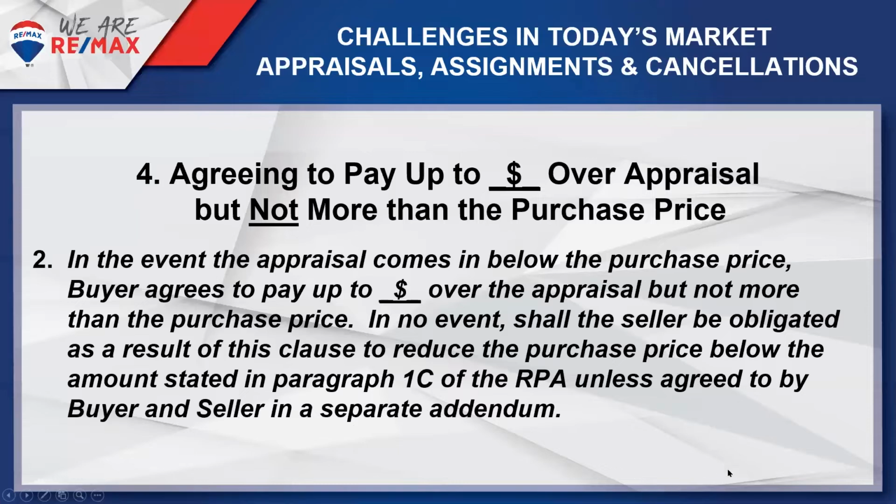All right. Now, the seller can always reduce the price, if they choose to, and that's through an addendum. We had a situation where we actually had that kind of an argument. I don't remember exactly now, but I think we were like 30,000 apart. And the buyer insisted that he agreed to pay 20,000 over appraisal, and so the seller had to come down 10,000. And the seller did end up coming down a little bit, and the buyer ended up coming up a little bit. But that argument had possibly weak merit, but enough merit where we advised the seller